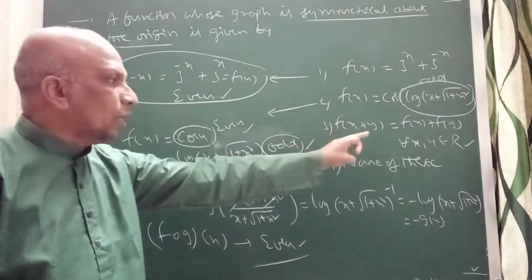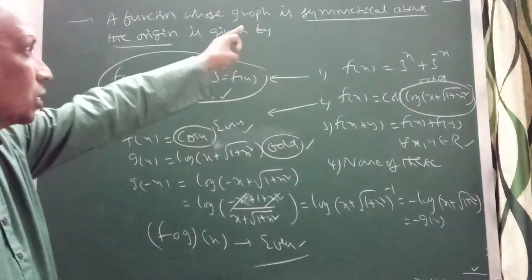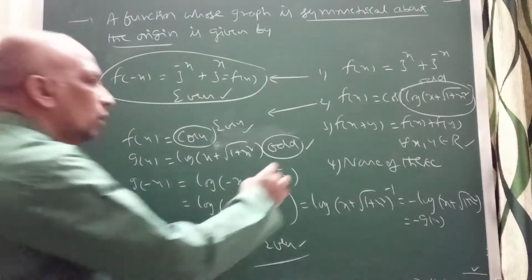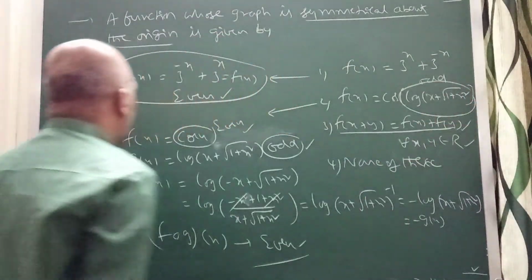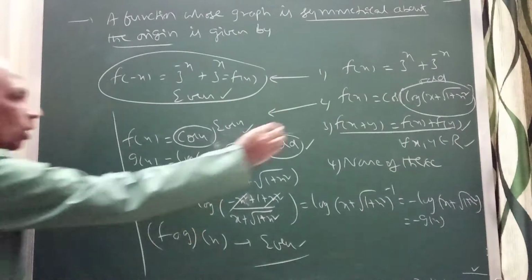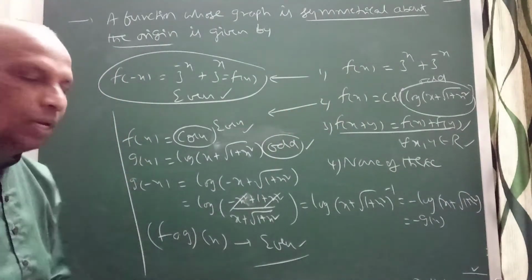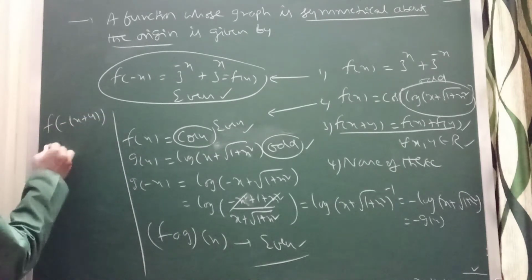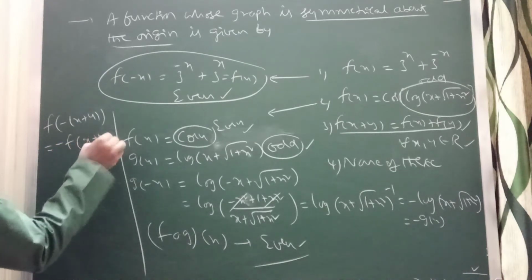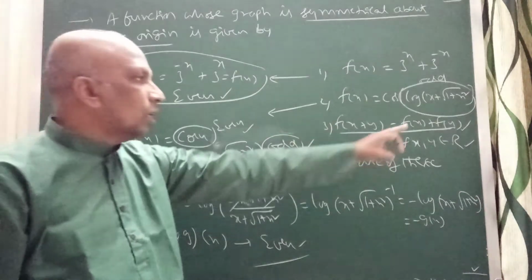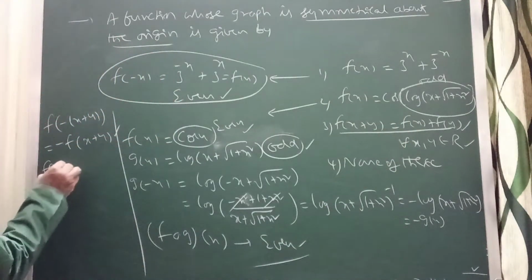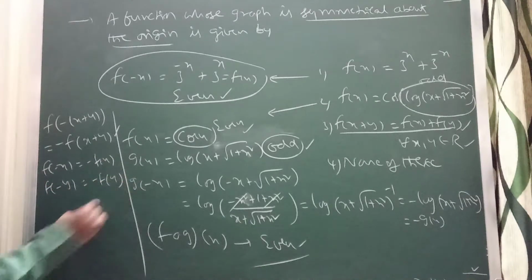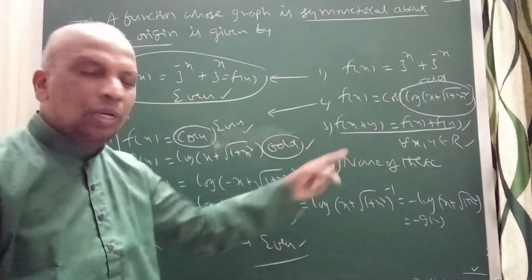Here, f of x plus y equals f of x plus f of y. They are asking for the odd function. The first one is even, the second one is even. Coming to the third option, you can check here. If you verify, this result will be true. For example, let f be an odd function. Then I can write f of minus of x plus y equal to minus of f of x plus y. Even I can write f of minus x equal to minus f of x, and f of minus y equal to minus f of y. Correct? If it is an odd function, I can express it like this.